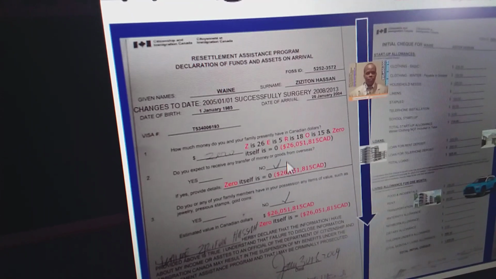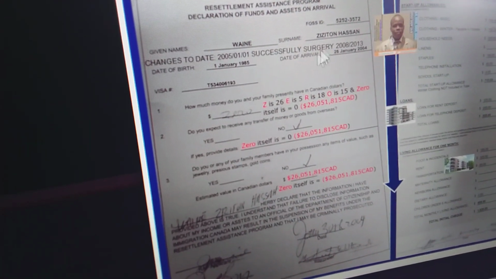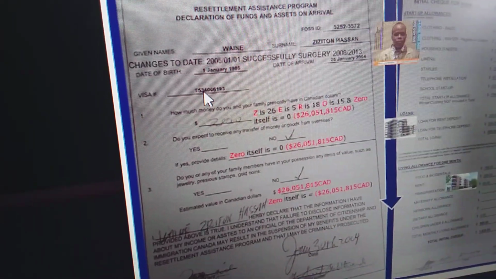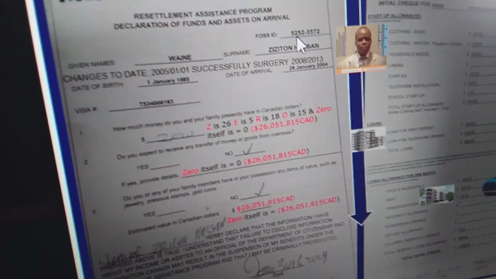Okay, that's the income statements. The income statements are right there. That is towards the questions. What's your name during my landing? And then the visa number is this one. My visa number, as the immigration number, is this one. This is the Nairobi host ID, which is the Fox ID number, right there for Nairobi.